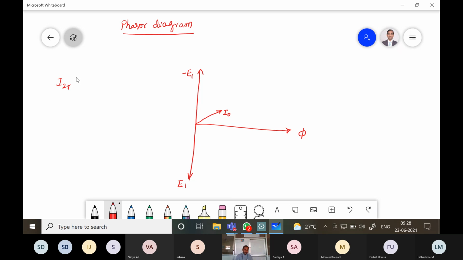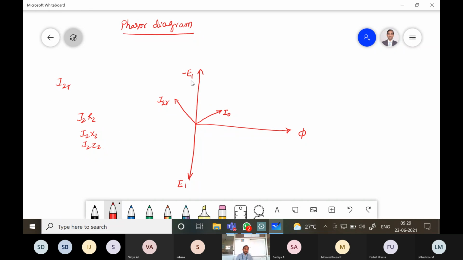So I will draw this I2R in this direction. So this is lagging the voltage E1 or E2R. So this is I2R. You will get I2R in this direction. So now we need to draw I2R2 and also I2X2 and I2Z2. Okay, so we will get,